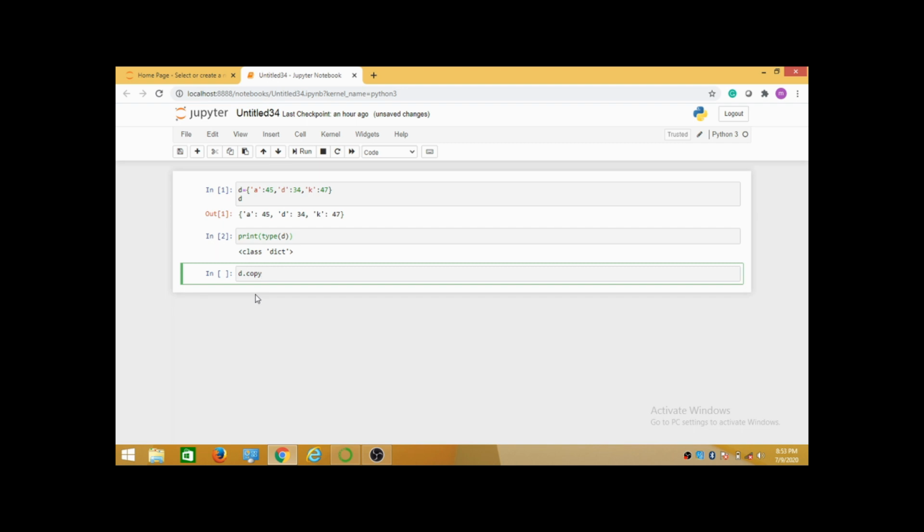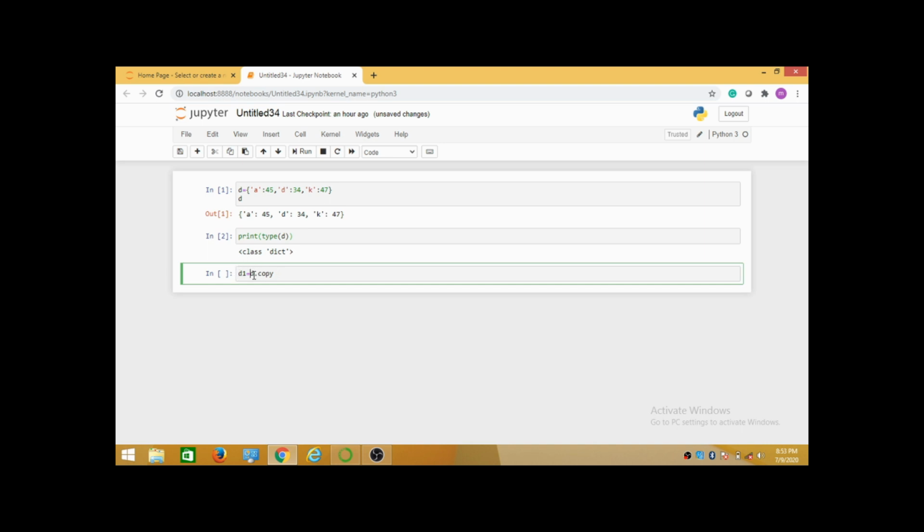So how to copy one dictionary into another dictionary? For that, I'm taking another variable, another dictionary, that is d1 equal to, I want to copy these d values into this d1.